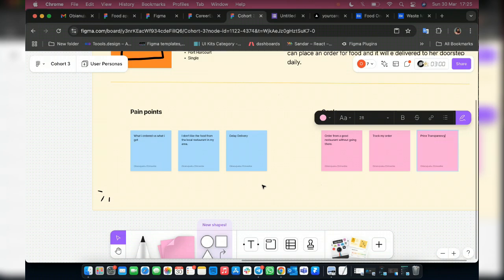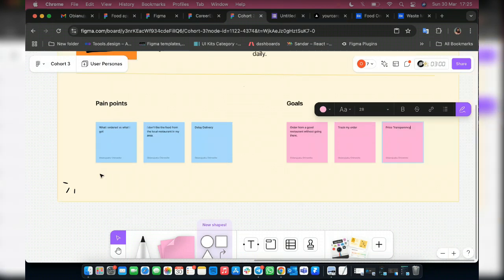And then you create goals that are related to the pain point that the person just told you. For example, the pain point I'm having is delayed delivery. What are the goals that you want to create for this? It's going to be fast delivery, just like the opposite of the pain point, and then you're creating a solution related to that pain point. You don't just